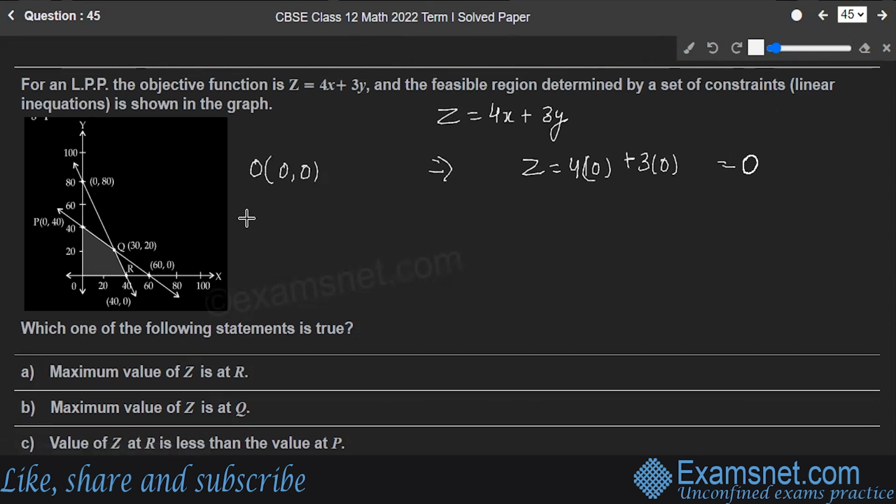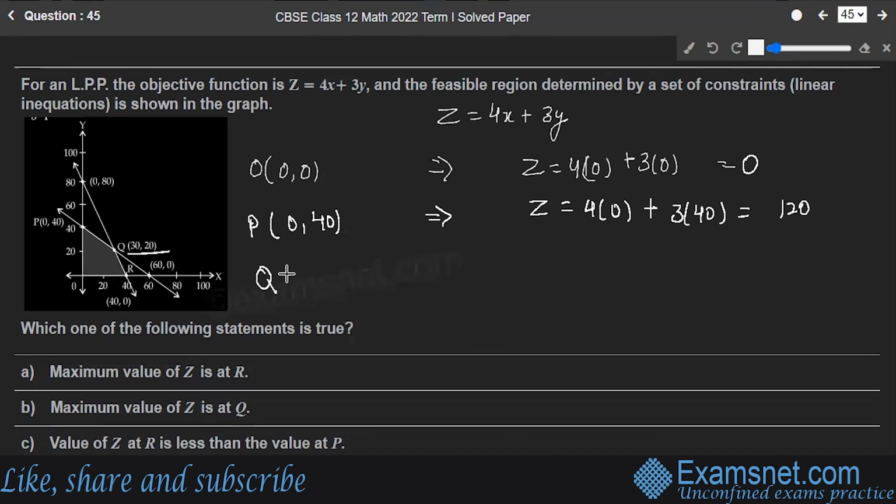And now the point P here is (0, 40). So Z is equal to 4 into 0 plus 3 into 40, which is equal to 120. For the point Q, which is this point, (30, 20), the value of Z comes out to be 4 into 30